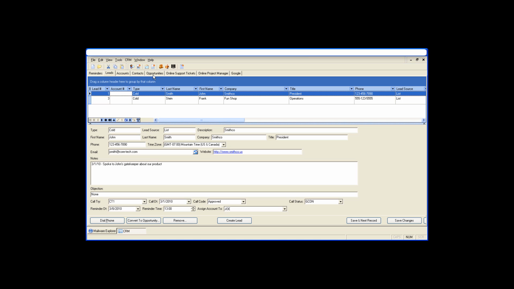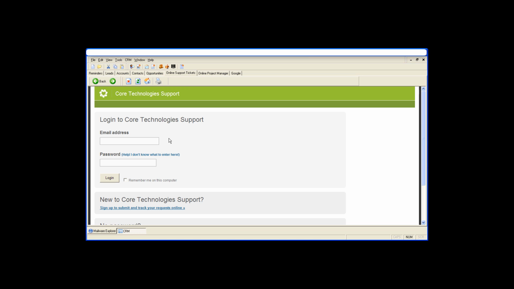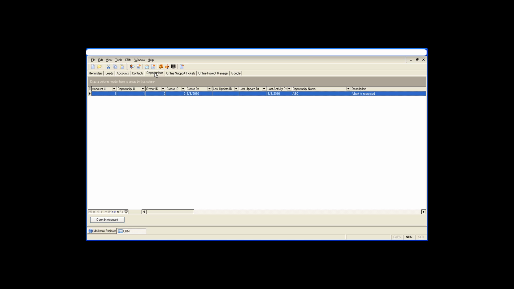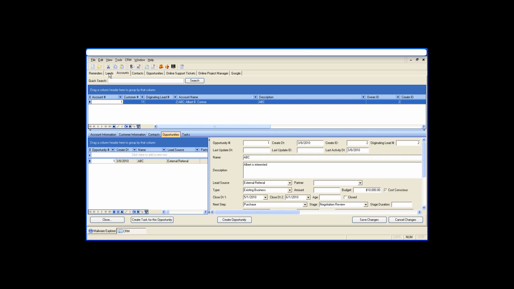Lastly, there's some additional tabs that we can add for you depending on what's relevant. In our case, we have a support system, which you may have used on our website, a project manager, and our email system. So additional tabs are available if needed. This concludes a quick review of the CRM, the Customer Relations Management module. Thank you for